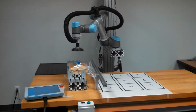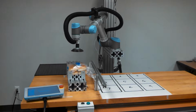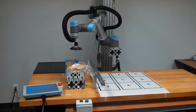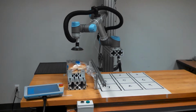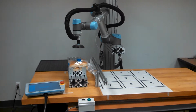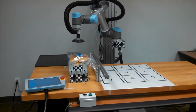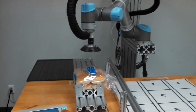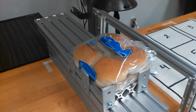Okay, here's our setup in our robot lab to simulate the cluster 8 count pattern. We have a Universal Robots UR5 mounted to our robot stand with a suction cup mounted to the end that I'll give you more detail on here in a minute. But here we have the product placed in a pick location on a mocked up conveyor,